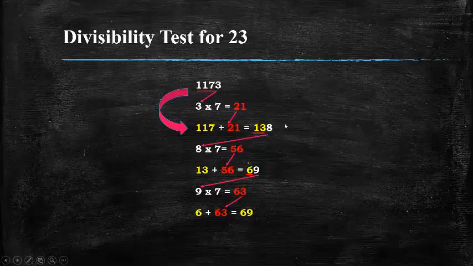So the last one we are going to see is the divisibility test for 29. So let's say for example, I take a number 5916. I need to check whether this number is divisible by 29. So I take the unit digit, and this unit digit 6 will be multiplied by a value 3. That gives me a value of 18. And this 18 will be added with 591, that is the remaining digits of the number. Okay. So 591 plus 18 gives me a value of 609.